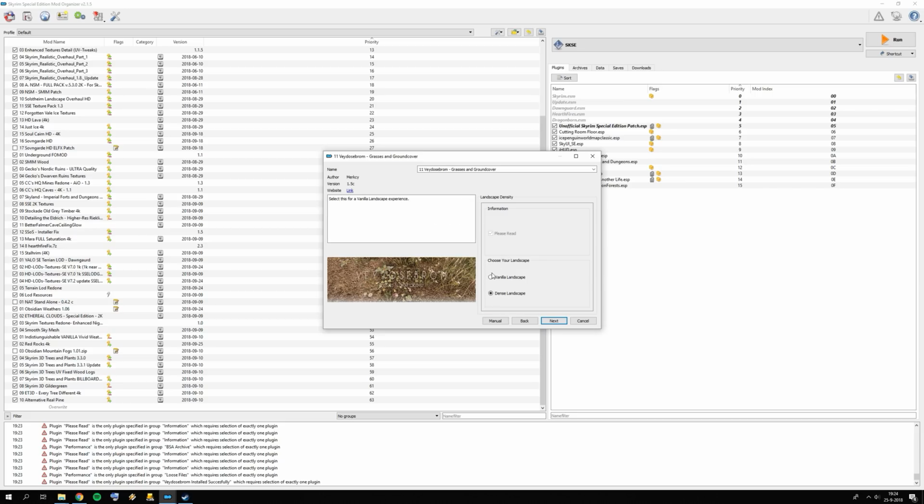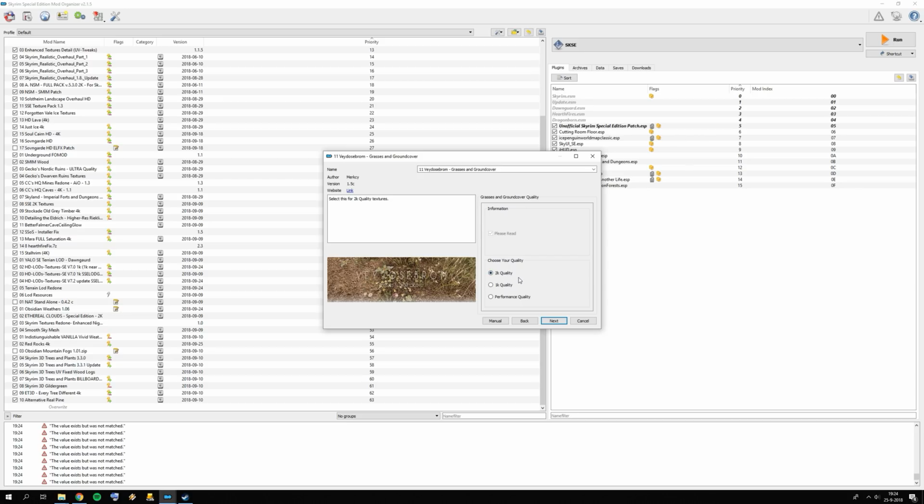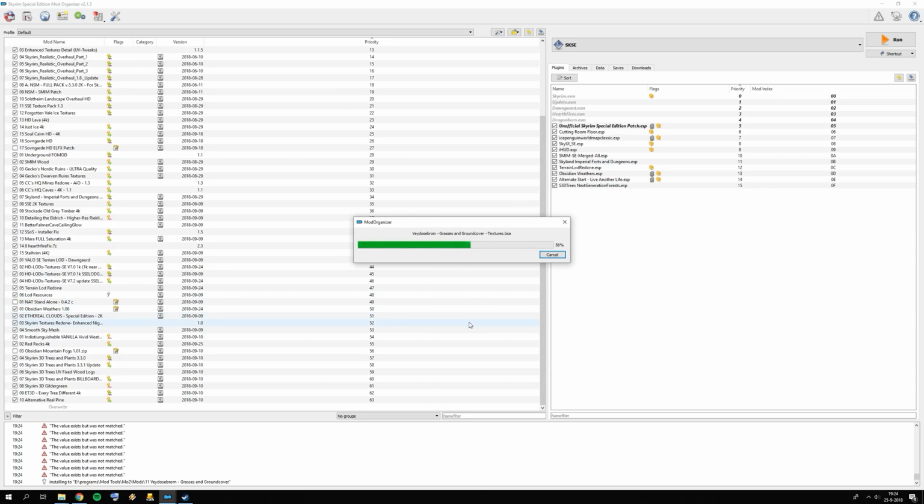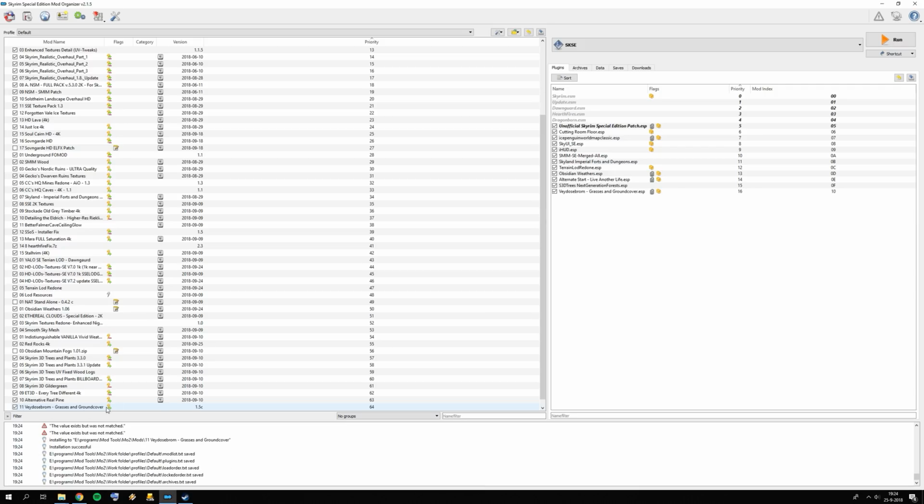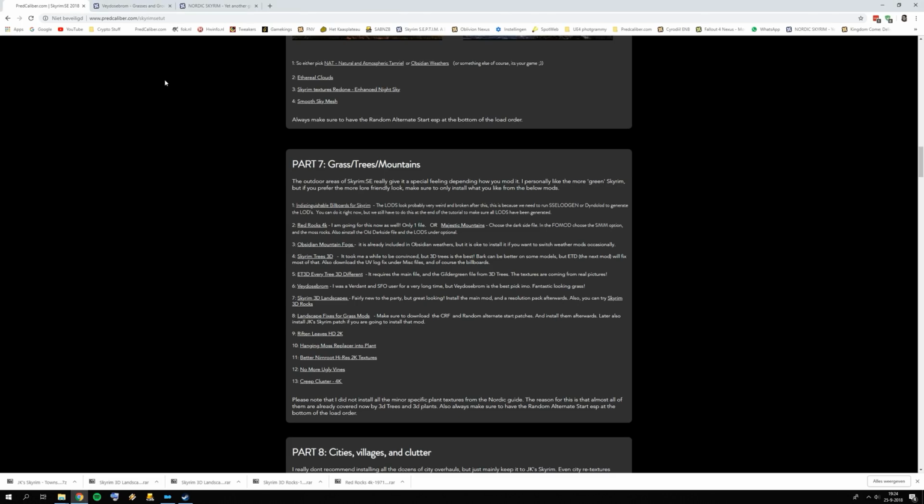those dense landscape stuff. But if you don't have a very beast PC, then you might want to pick Scott here, and you also might want to check vanilla landscape, but the dense landscape really makes a lot of difference. Then press next. I go for 2K quality here as well, for 2K full as well, and then I'm going to install this. And this is quite some FPS drainage from your Skyrim Special Edition, so make sure you